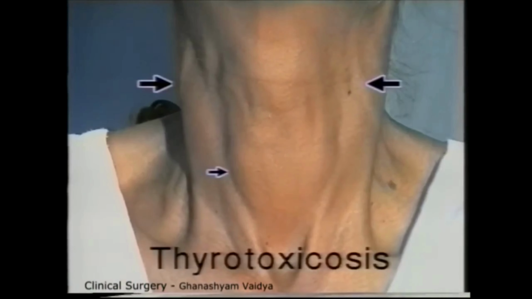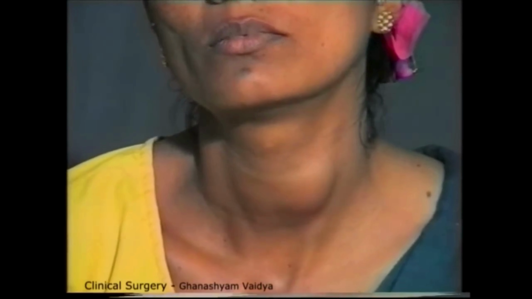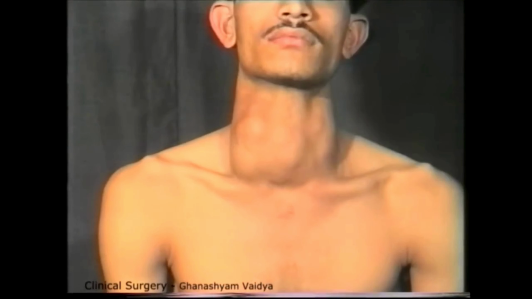Then watch the swelling for a few seconds quietly for pulsatility. Now ask the patient to swallow and look for an upward movement of the swelling. A thyroid swelling characteristically moves upwards during deglutition, as it is enclosed in the pretracheal fascia, which is fixed to the thyroid cartilage. So when the superior constrictors of the larynx pull the thyroid cartilage up during deglutition, the thyroid also